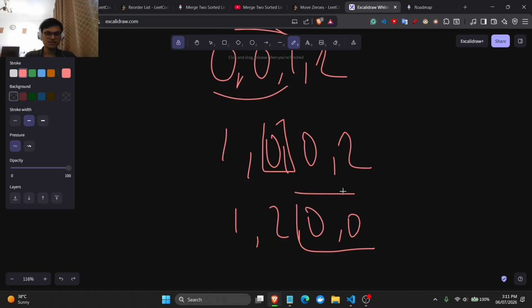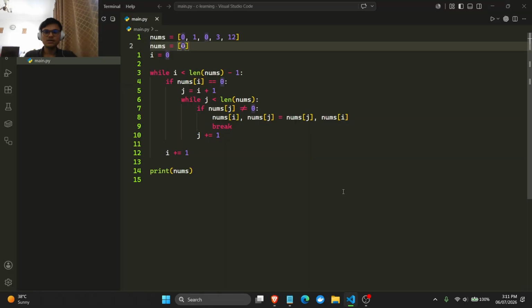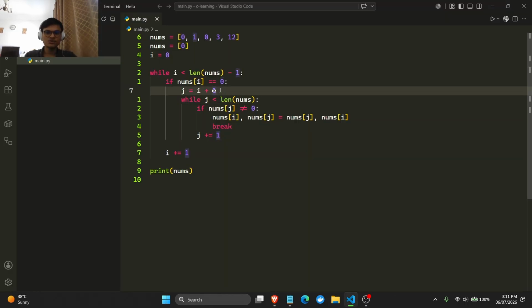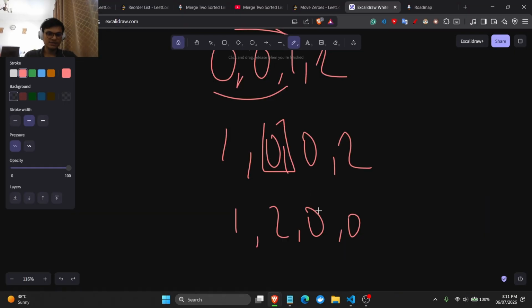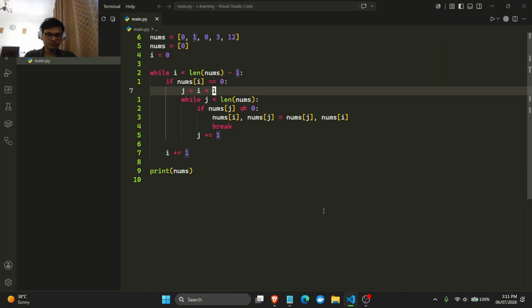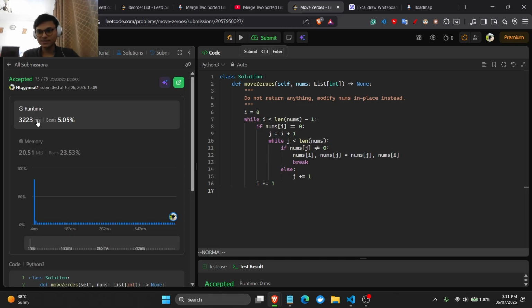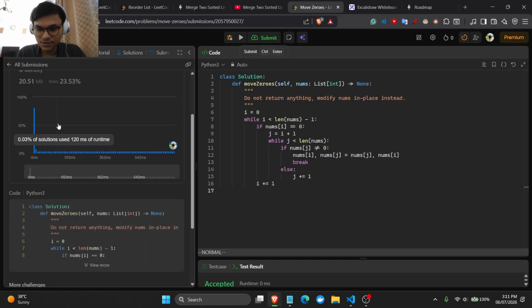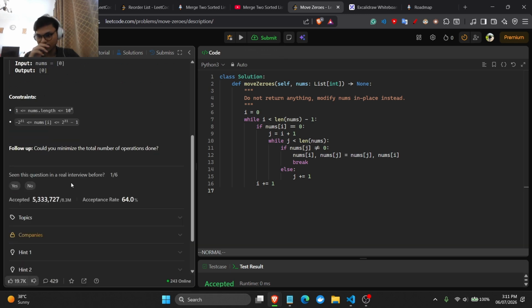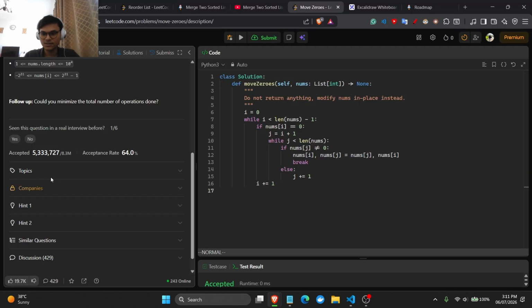Here we're not checking the last element at all. Essentially, even if it goes to the last element, we don't check the last element. Okay, we check only till this element. Our time is horrendous, as you can see. It's like 3 seconds. So not the fastest operation per se. In the follow-up, we minimize the number of operations done, and